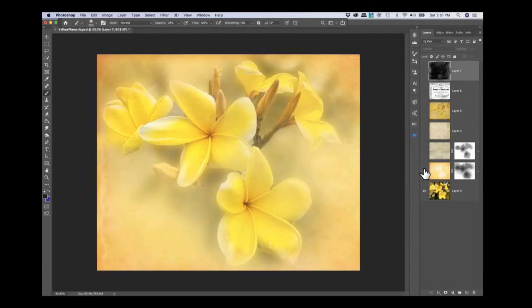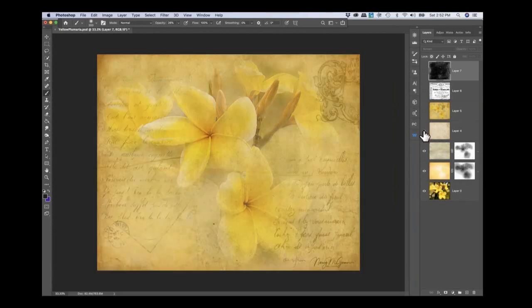Then I added this yellow texture and masked out where I didn't want it on the flowers. I added this texture and did the same thing. And I did both of these manually. There is a way to copy this layer mask onto the next layer if you wanted to, but these were done manually. Then I added this layer,